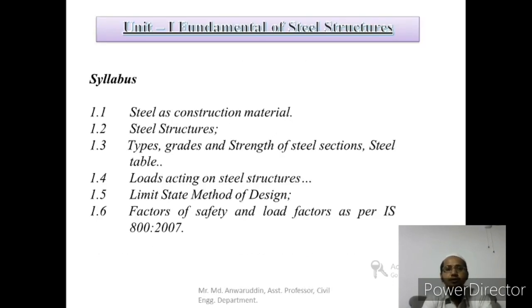So the first unit of this course or this subject is fundamentals of steel structure. This unit covers steel as a construction material, that is the meaning of steel, different types of steel structures, types, grades and strength of steel sections by using the steel table and IS 800, different types of loads acting on a steel structure, different types of methods, especially the limit state method of design for steel structure. Again, factor of safety for loads as well as strength as per IS code 800-2007 we will discuss in